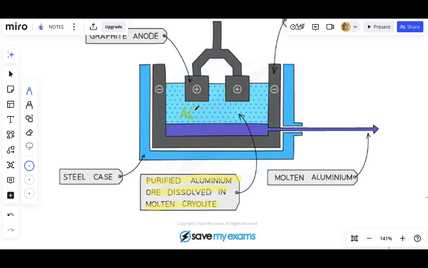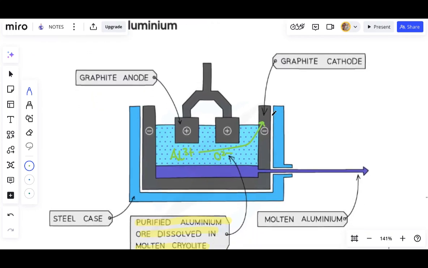Remember we say it's an ionic compound, so when you dissolve it in molten cryolite, it will be in the form of ions. Now the positive ions, like aluminum ion, will migrate to the cathode. When they migrate to the cathode, they will gain electrons. So the equation at the cathode will be